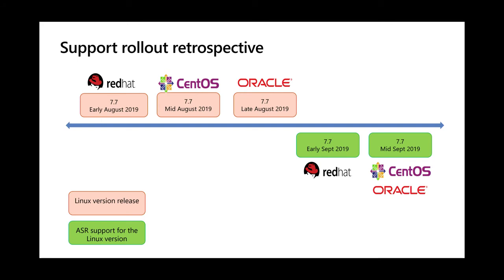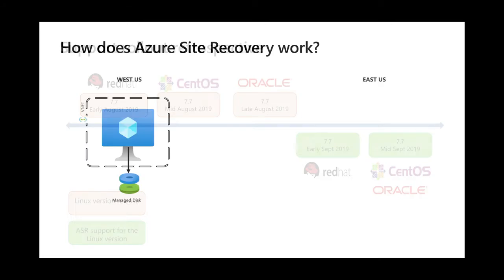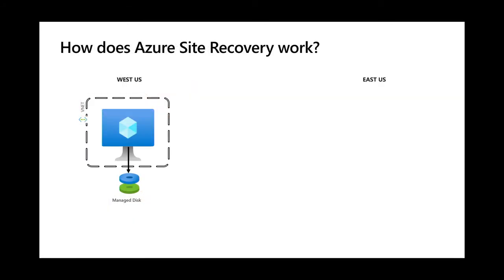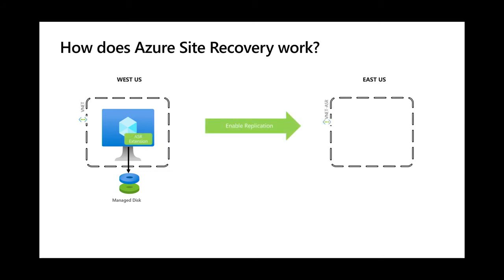Thanks very much, Siddharth. Let's look at what exactly happens behind the scenes when you use Azure Site Recovery. Let's take the example of a VM running in West US and you want to configure disaster recovery to East US region. When you configure Azure Site Recovery, ASR installs an extension component inside the VM, and ASR also creates the required target configuration such as VNet, resource group, subnets, etc. for your failover VMs to work. And then the initial replication of disks starts. This is where we copy the entire disk from the source region and take it to the target region.